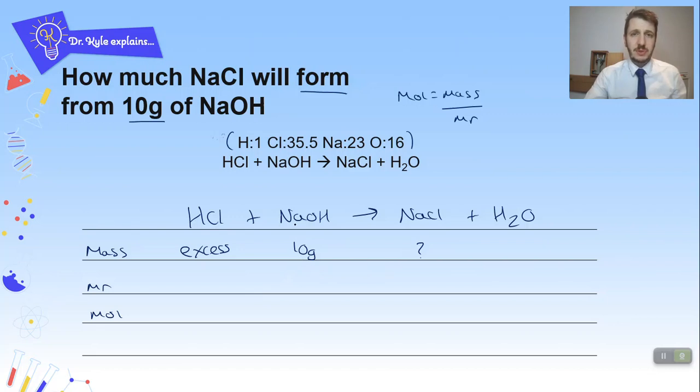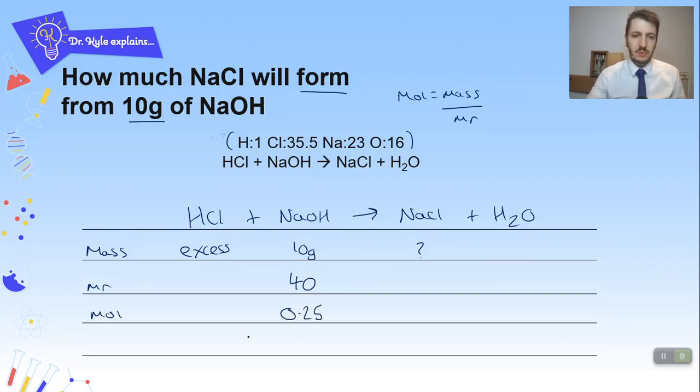So sodium is 23 plus oxygen is 16 plus 1 for the hydrogen. So that gives us an Mr of 40. Remember, if you're unsure how I've worked out that number, please go back through my videos on how to work out formula mass. So on my calculator then, just down here, I'm then going to do 10 divided by 40 equals